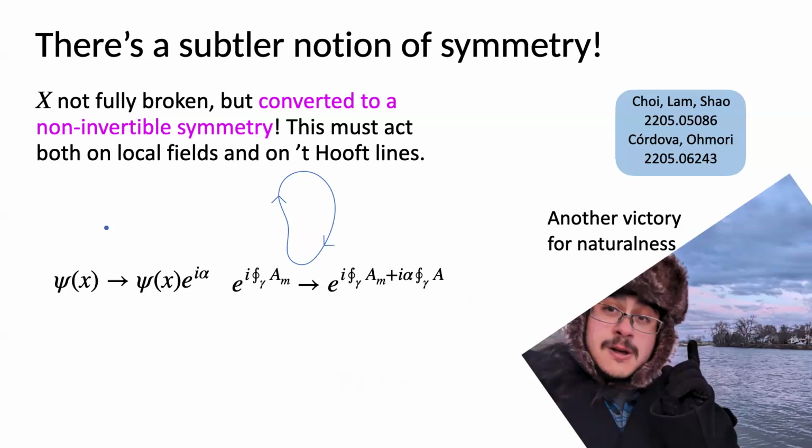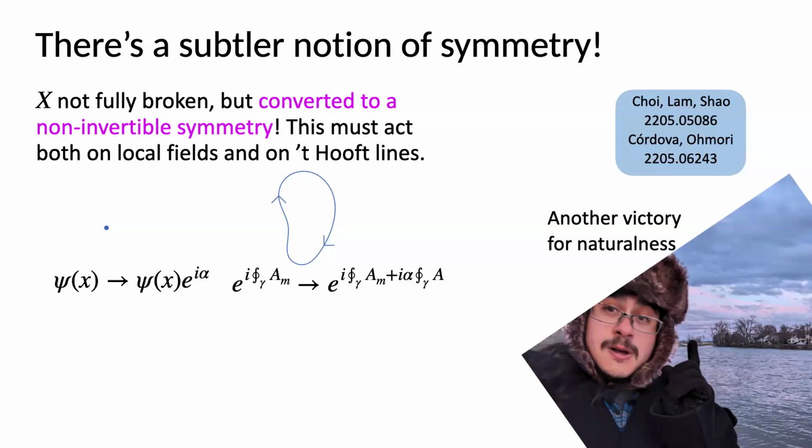And the only sort of symmetry that you can define that remains now acts both on the local fields that you thought your X symmetry acted on to begin with, but also, in fact, on the 't Hooft lines, world lines of magnetic monopoles in your theory, roughly by giving them a small ionic charge, turning on a small electric charge for these magnetic monopoles. And so, okay, it's great to understand that there actually is a symmetry here.